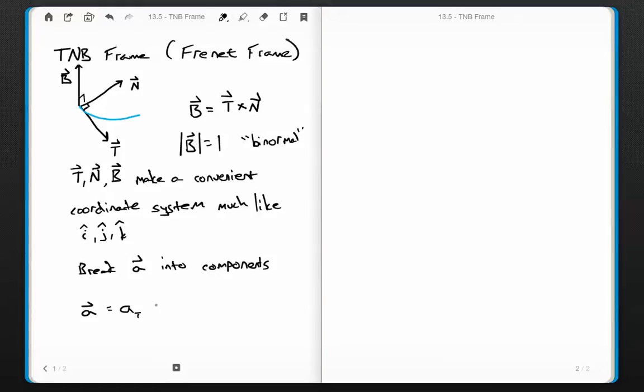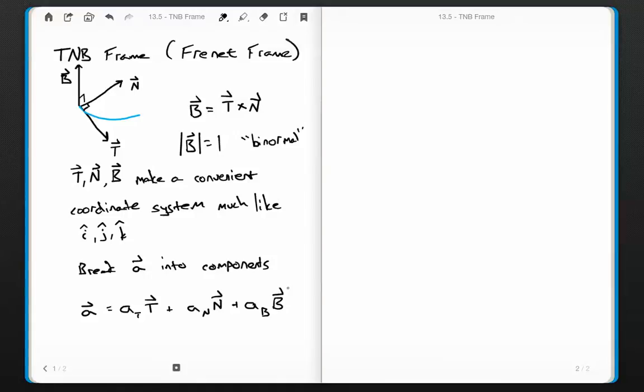So it's got some tangential acceleration times the tangential unit vector. So this is a scalar, this is a vector, this is the magnitude, this is the direction, plus some normal acceleration times the normal unit vector,